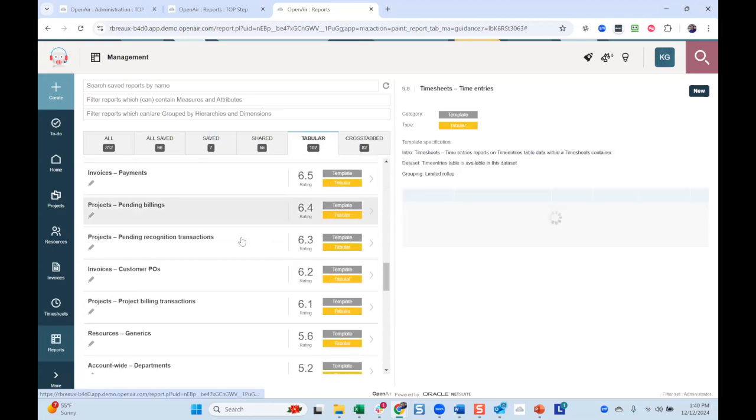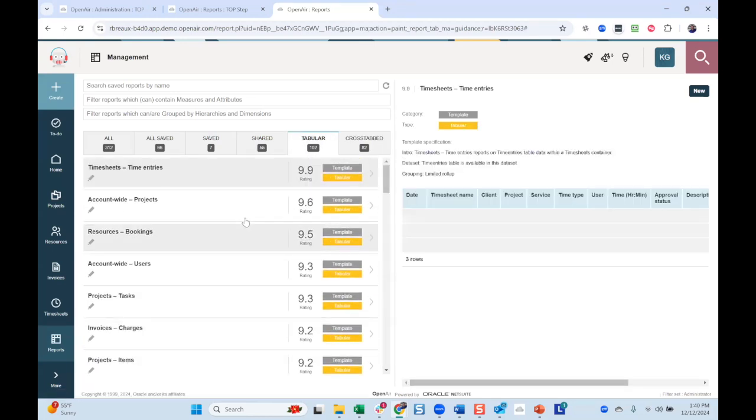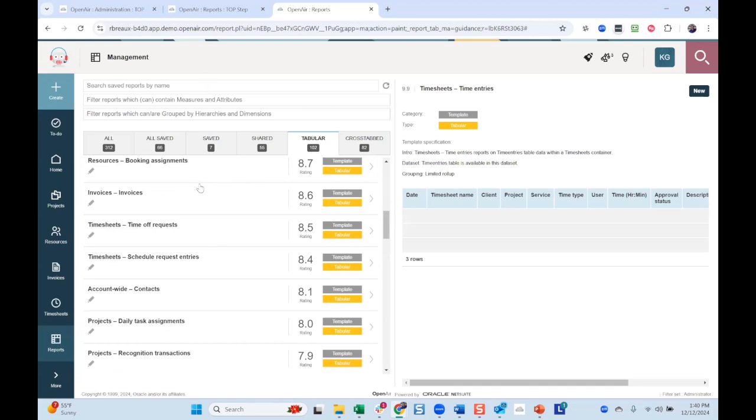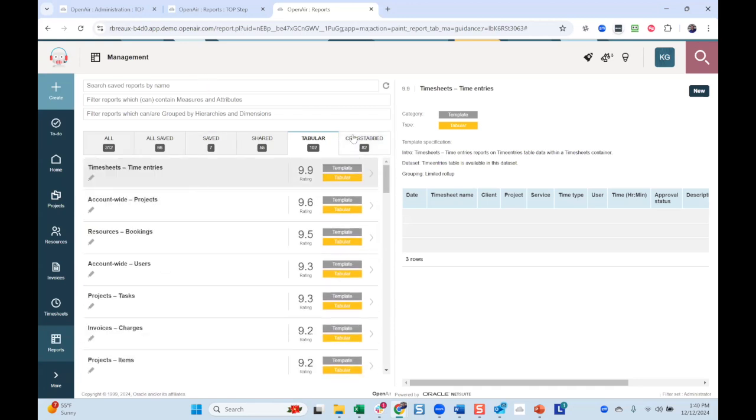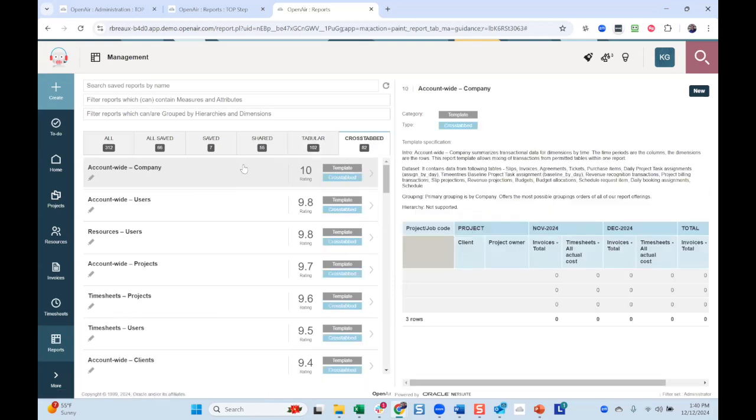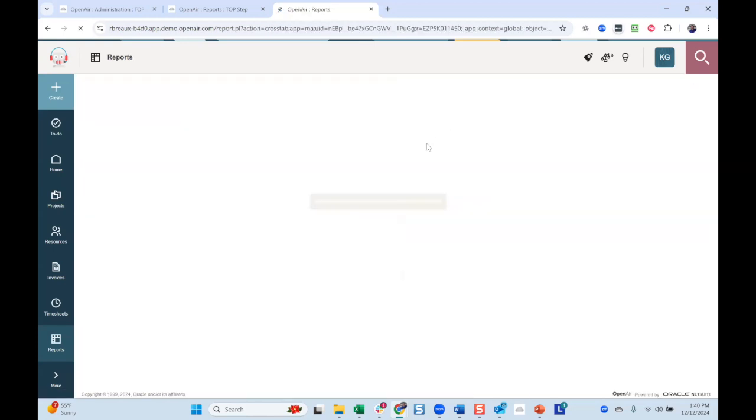And the same for the tabular. They basically will rate the popularity, and now you've got to come in here and either search here or search here to find the template that you want. Once you do come in to create a new report, if you're creating a net new report, that's great. You can just hit here and click new, and it's going to open up the new report